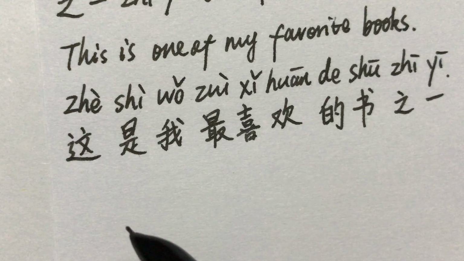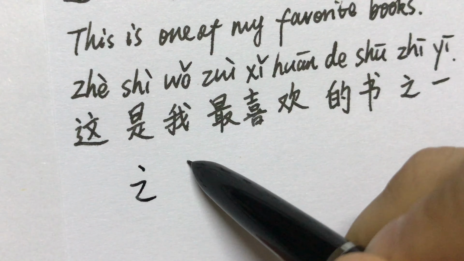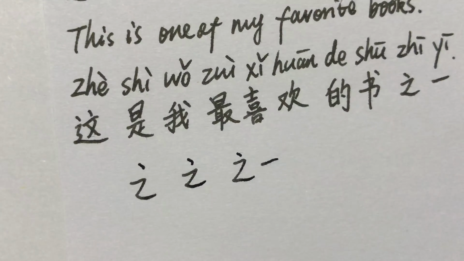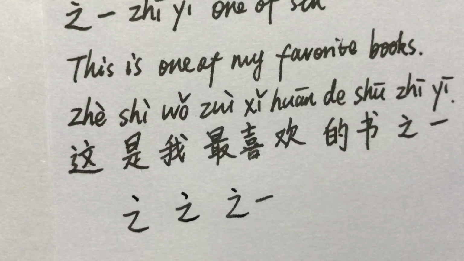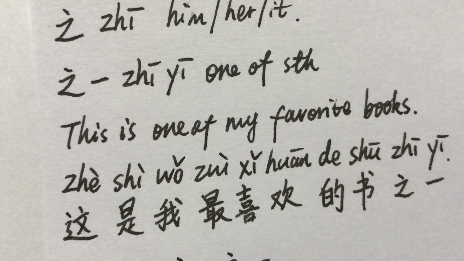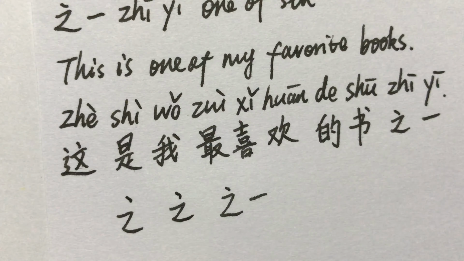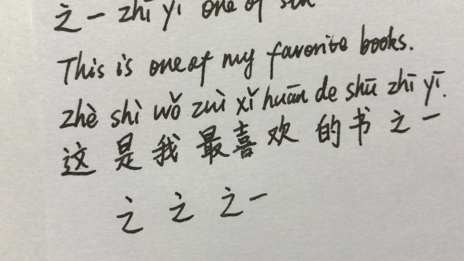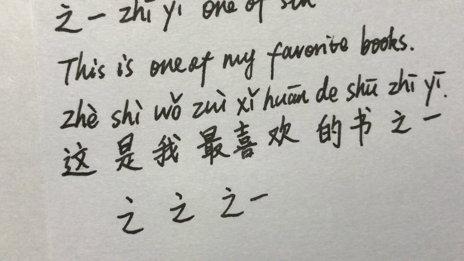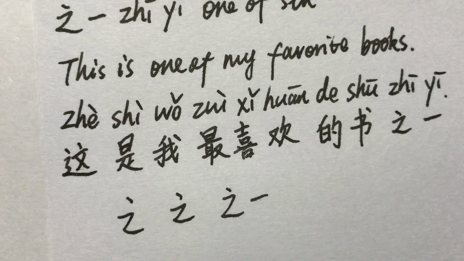Now let's write 之 in cursive. 之一。之一 one of something. This is one of my favorite books. 这是我最喜欢的书之一。